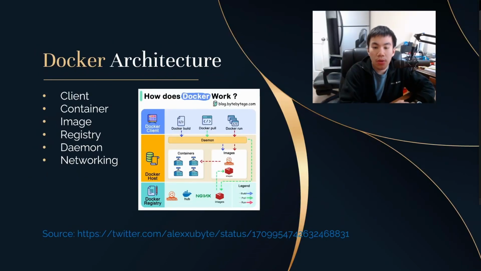Actually, let's quickly go through Docker architecture. It first has a client, or how you send requests or commands, and a container, which we will talk more about on the next slide, but it's essentially the main feature of Docker. It's total application packages in a lightweight format. An image, which is how to create the containers. A registry, which stores the images that create the containers. A daemon, which interprets client commands. And networking, which is how the containers and host all interact.